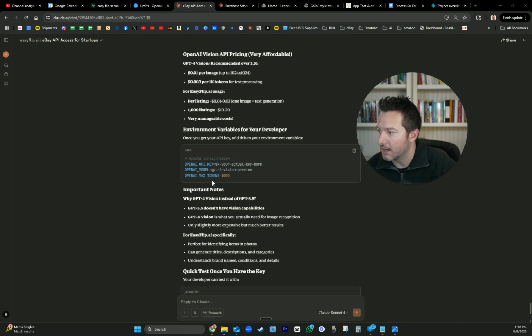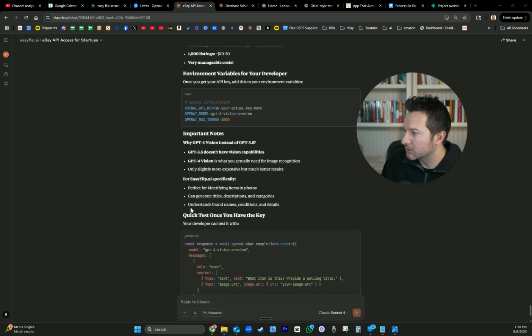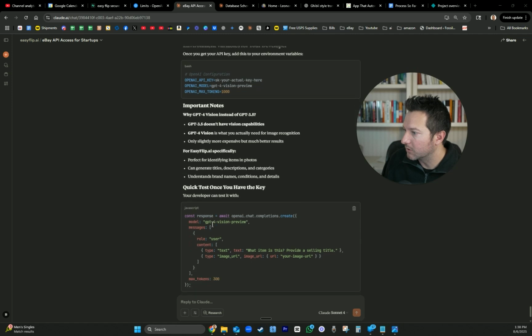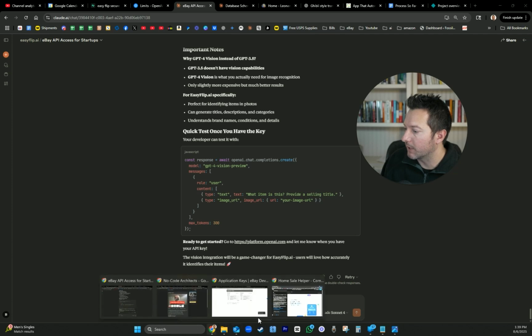I'll just confirm that with Bolt. Important notes: Why GPT-4 Vision instead of 3.5? GPT-3.5 doesn't have vision capabilities. GPT-4 Vision is what we need for image recognition. Better results. Cool. All right. So let me head to Bolt and just tell them I got the